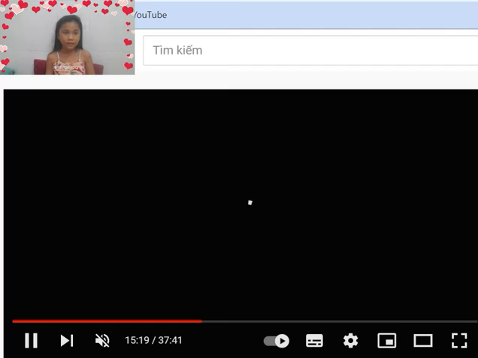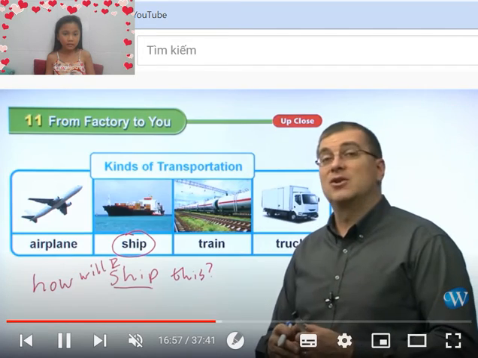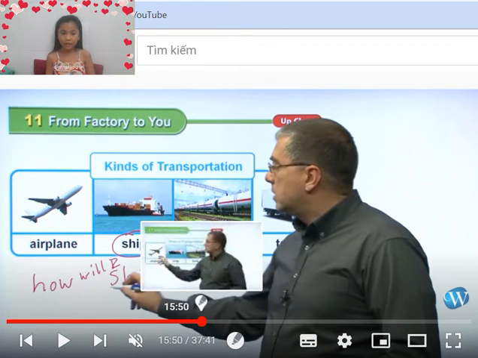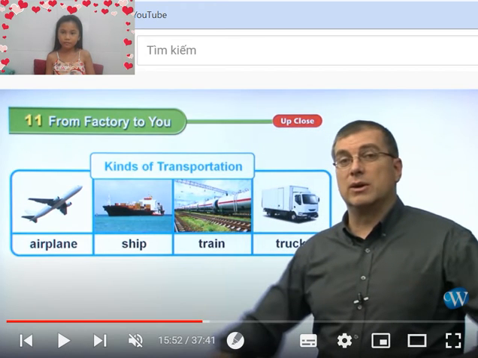It has 2 wings right here. And it has engines, usually in the back of it, right? So this is airplane. The next one we have is ship.